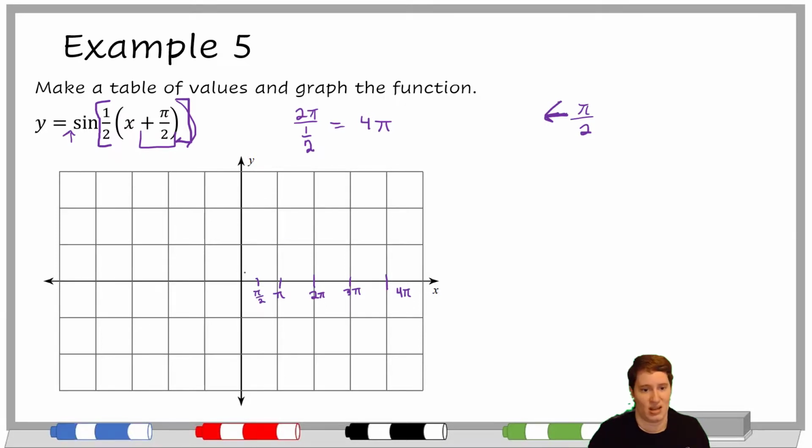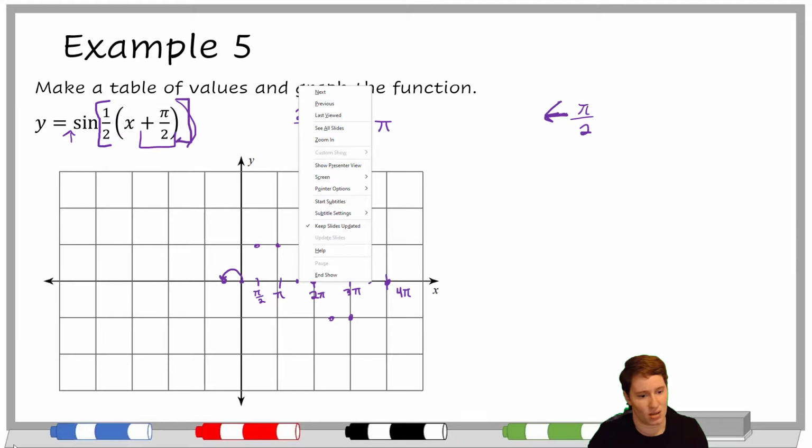So sine with a period of 4 pi, so that's not actually normal, is going to go up to our top amplitude at pi, in the middle, down here, back in the middle. But we want to shift everything to the left pi over 2. So this point is going to move here. And this one is going to move here. This one's going to move here. This one's going to move here. This one's going to move here. And then we could